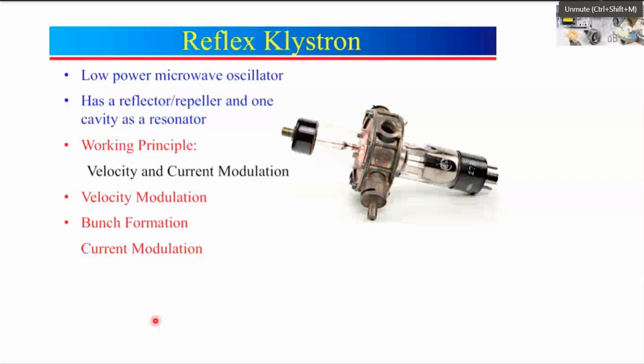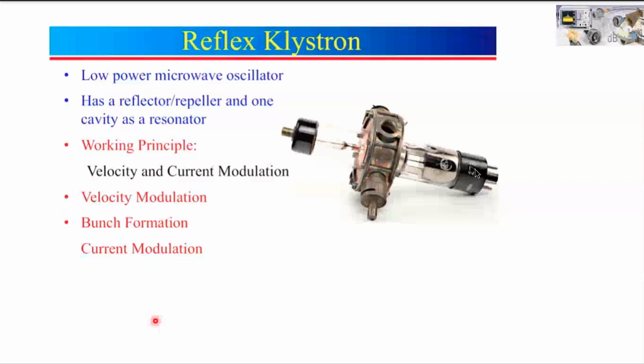So basically these are called the Barkhausen criteria, which I have just explained. That means we need to give positive feedback from output to input such that the loop gain is unity. In a klystron, if a fraction of output power is fed back to the input cavity such that the loop gain magnitude is 1 and the feedback path phase shift is 2 pi or multiples of 2 pi, then the klystron will oscillate. That is the Barkhausen criteria to sustain oscillations.